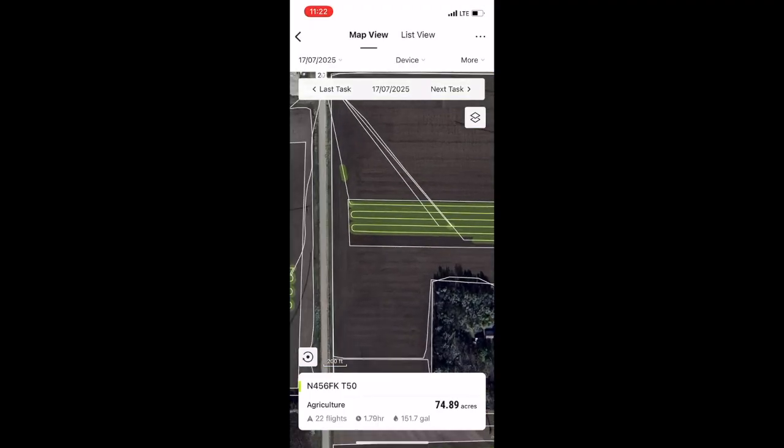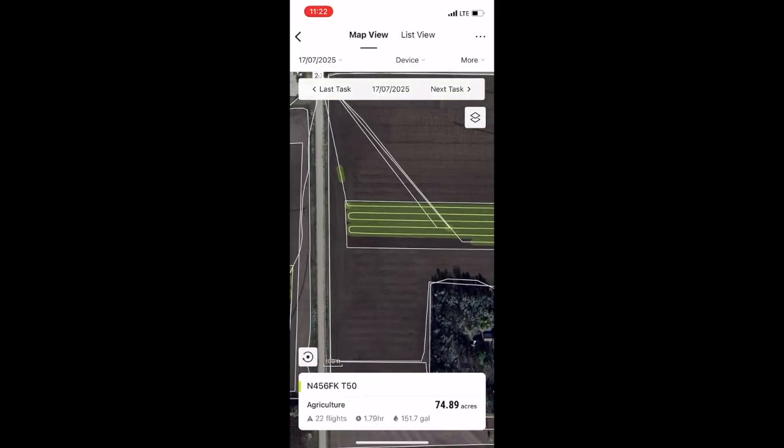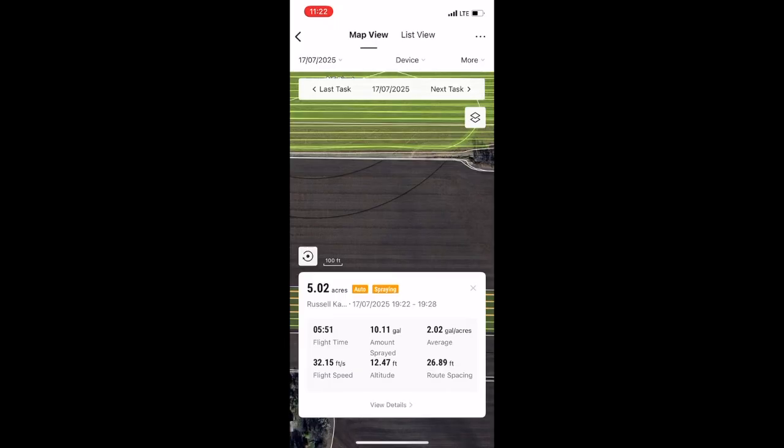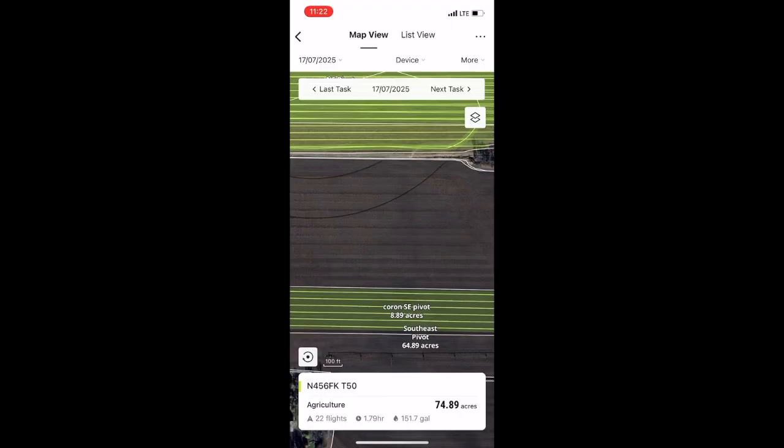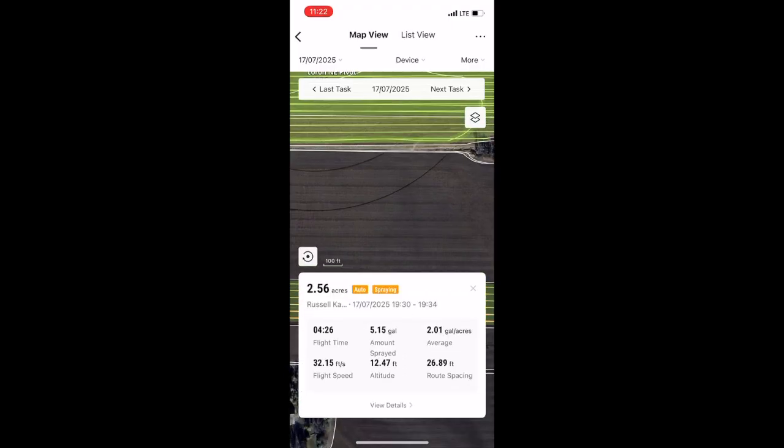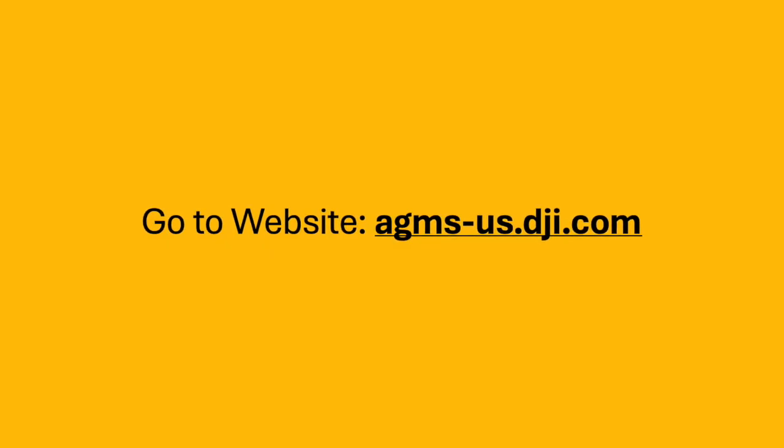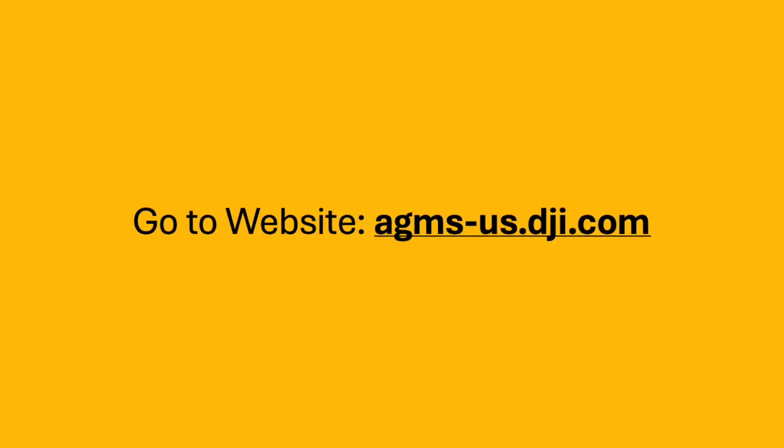Once we know the files that we want to export, we can click on each flight within that field, and it will show us the date and the time started and time ended for that flight, which will help us navigate to the right files in the website more efficiently. Once you know how to use the app to find the dates and times of the flights that you want to export, go to the website